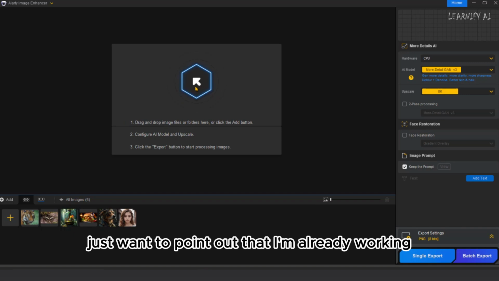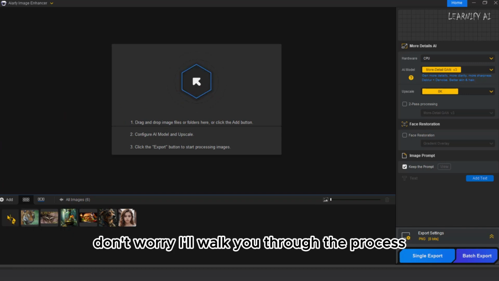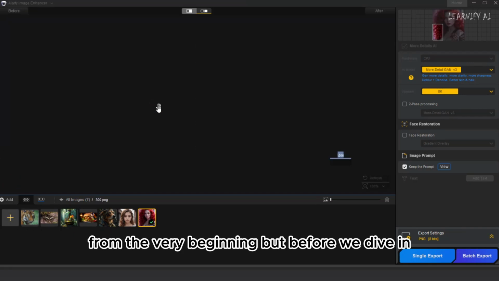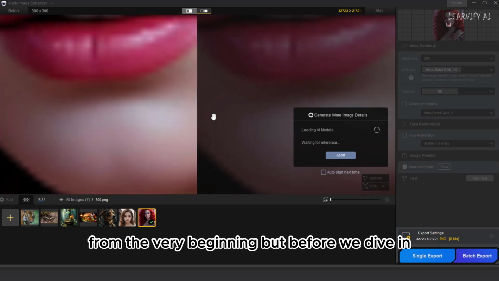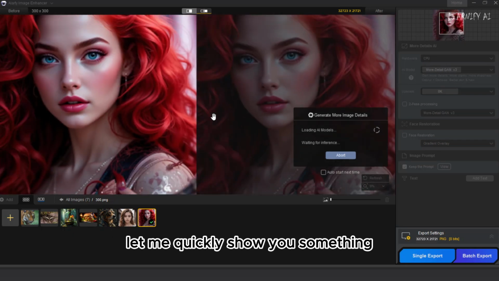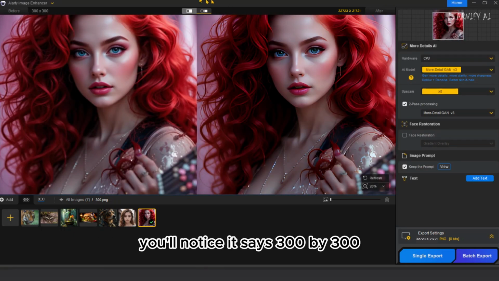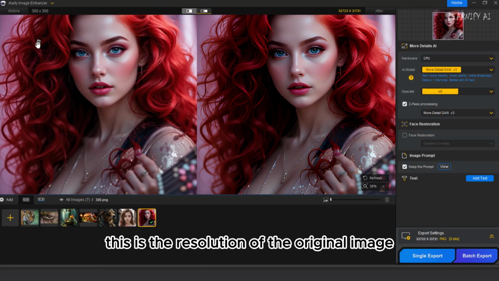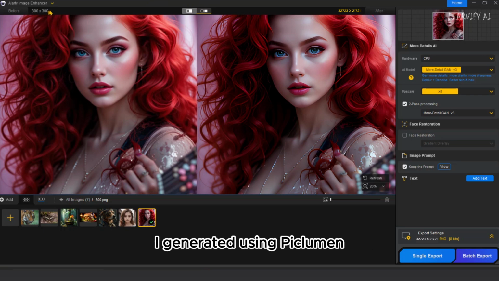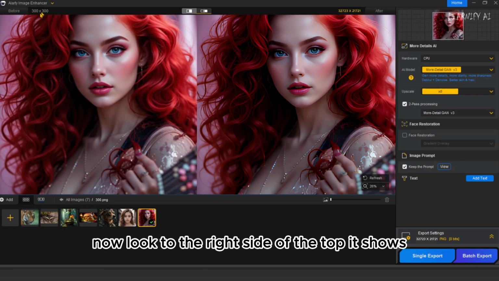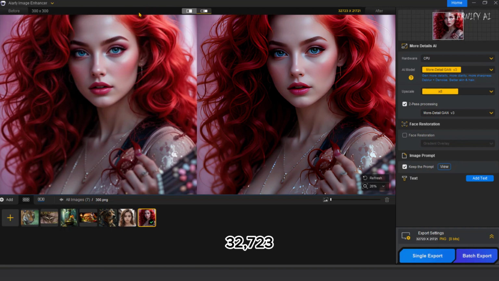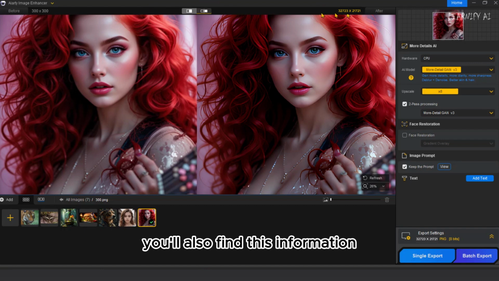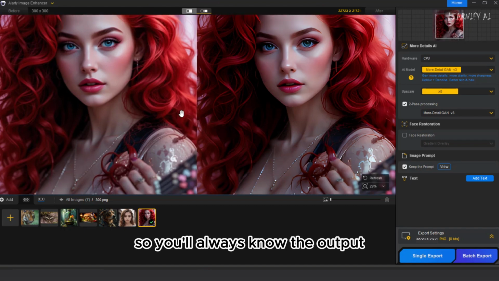I just want to point out that I'm already working with an image here. Don't worry, I'll walk you through the process from the very beginning. But before we dive in, let me quickly show you something. At the top of the screen, you'll notice it says 300 by 300. This is the resolution of the original image I generated using PicLumen. Now, look to the right side of the top. It shows 327, 23 by 21, 721. You'll also find this information under the export settings, so you'll always know the